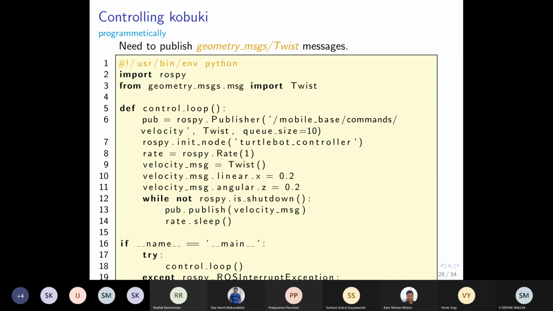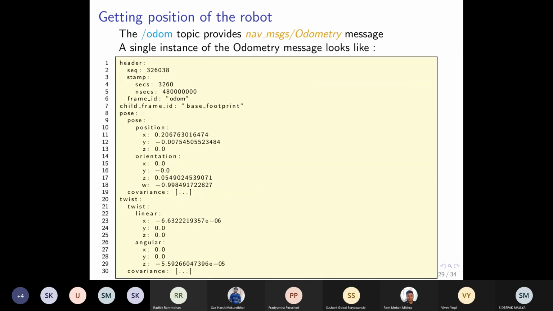if you remember the ODOM message, it had these 4 fields. Now if we want to control our robot to make it move from point A to point B, we will need to know where our robot right now is, and that information is contained in this ODOM topic. In the ODOM topic there is a member called pose.